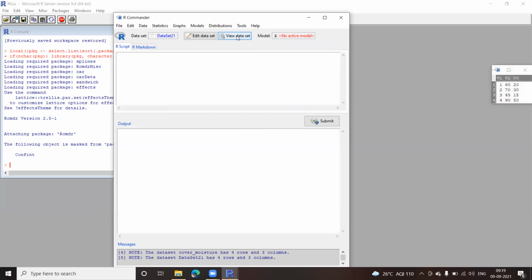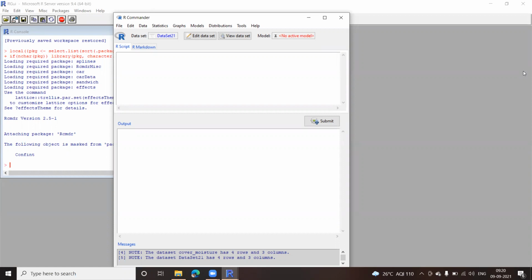Okay, you can view the records. This V1, V2, V3. It's gone very extreme here. Okay, I'm not going to do it. Just close this. Let me change the name of the variables. You can also change the name of the variables and put the ones which we were using before.